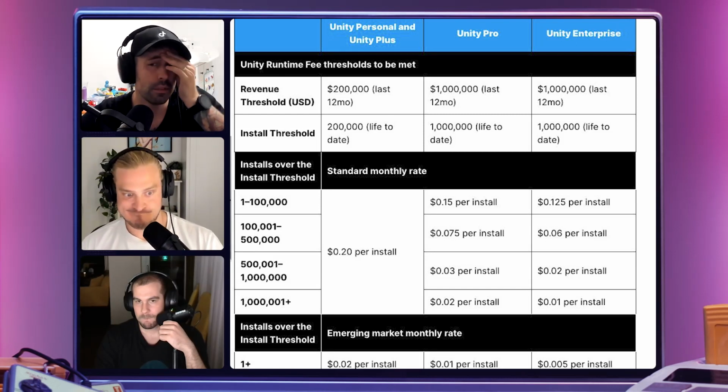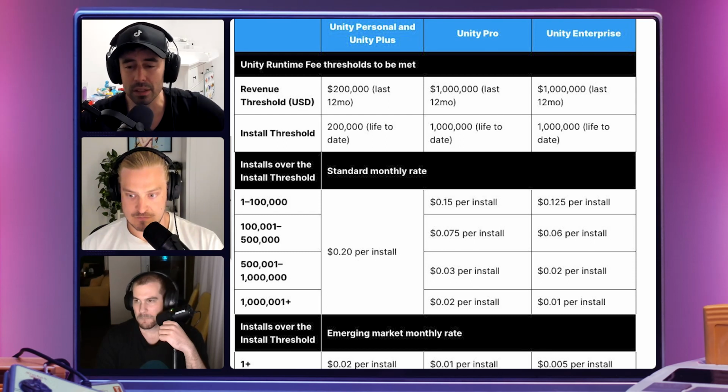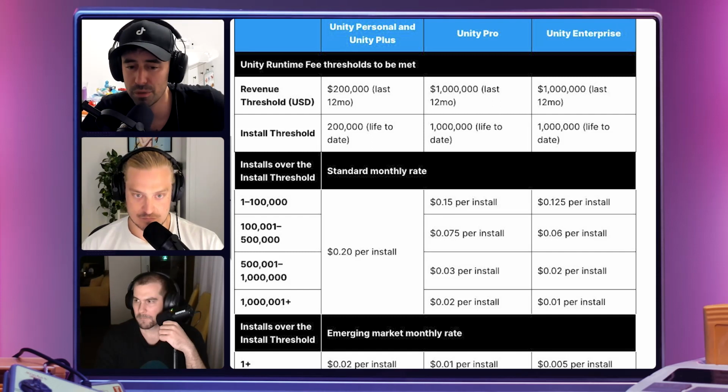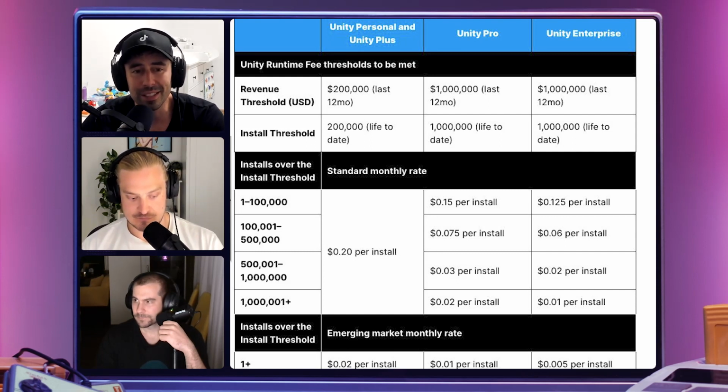But we'll get there. They don't have the revenue coming from different ad networks in that case. Which, I mean, if you think about it, in this weird table, if you pass the threshold of 1 million downloads and then 1 million revenue as well, you have 1 cent per install. So you are kind of incentivized to have higher volumes. Of course, you need to find the sweet spot, right? Because obviously, if you are the smaller developer in this equation, then you are fucked basically. 20 cents per install is quite high.